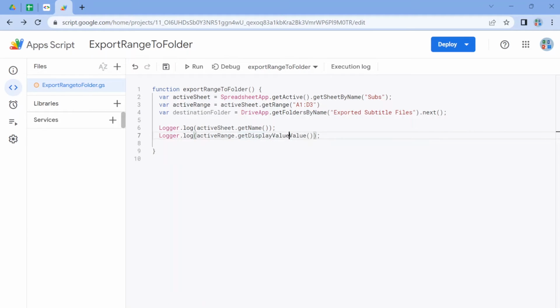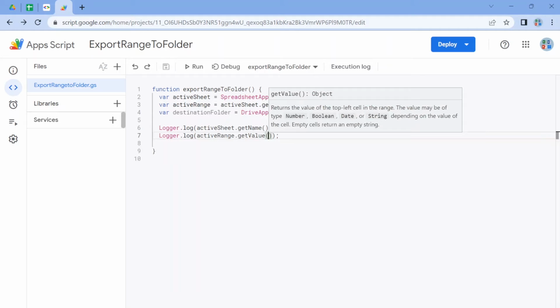You can scroll down and change it to something else, but let's not do that. When you're inside the brackets, you can press Control Shift Space, and it's going to give you a tooltip explaining what getValue is, how to run it, and how many parameters this method takes. That's really going to help you out.